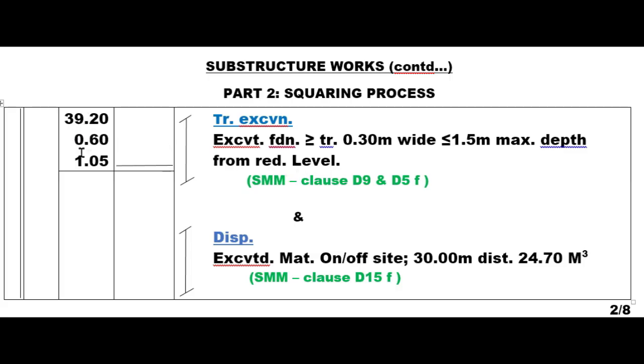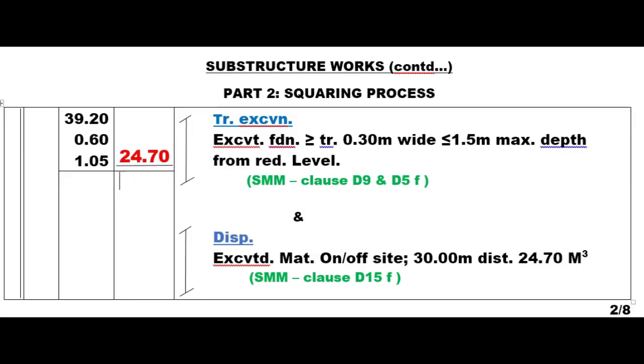So from our first takeoff, whereby we have a plan which was having a mini-gut foundation of 39.20, and that foundation in our first part when we were taking off was having a width of 0.60 and a depth of 1.05. We're going to multiply all these values and then enter that value in this squaring column. So if you do that, we get this value, that is